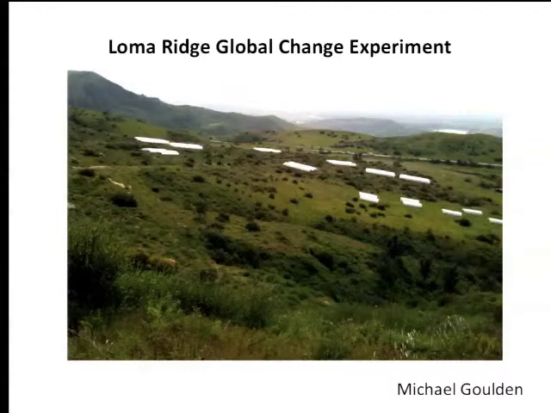Of course, this can only be done in a place like Southern California where we have like 6 storms a year, so it's not too hard. But even that, it takes the grad students all day to put up these giant shelters. The other aspect he's manipulating is nitrogen deposition. So change in precipitation is something that's supposed to affect Southern California in the near future. And nitrogen deposition, we already have a lot of atmospheric nitrogen deposition in our ecosystems, and that is likely to